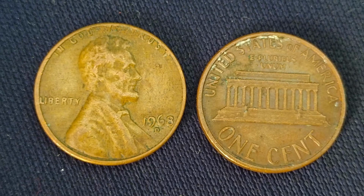And collectors go wild for these anomalies since they embody uniqueness, rarity, and the thrill of owning something no one else has. And in the case of this coin, one of the most talked about possibilities is the existence of a double die error on the obverse where the details of Lincoln's profile or the lettering in Liberty and the motto, "In God We Trust," appear double due to a misalignment in the halving process when the die was created,